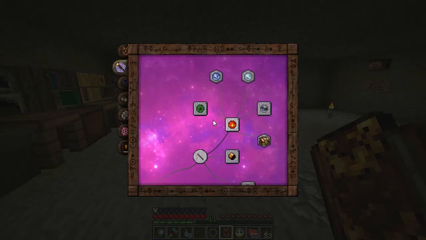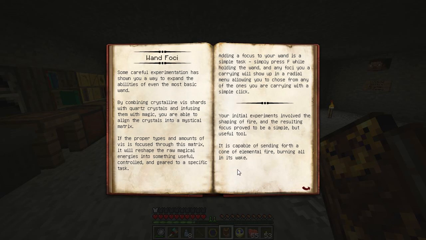Now, just because we've researched this wand foci doesn't mean that we have it. We have to actually make the thing. We just know how to make it now. Some careful experimentation has shown you a way to expand the abilities of even the most basic wand. Combining crystalline shards with quartz crystals and infusing them with magic, you're able to align the crystals into a mystical matrix. The proper types and amounts of shards are mixed...